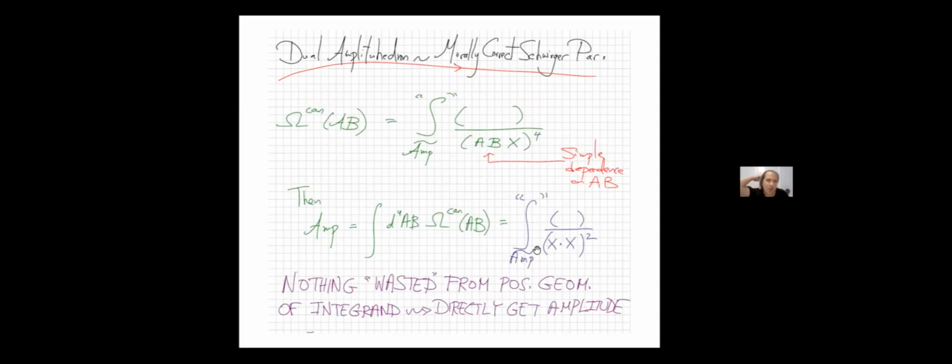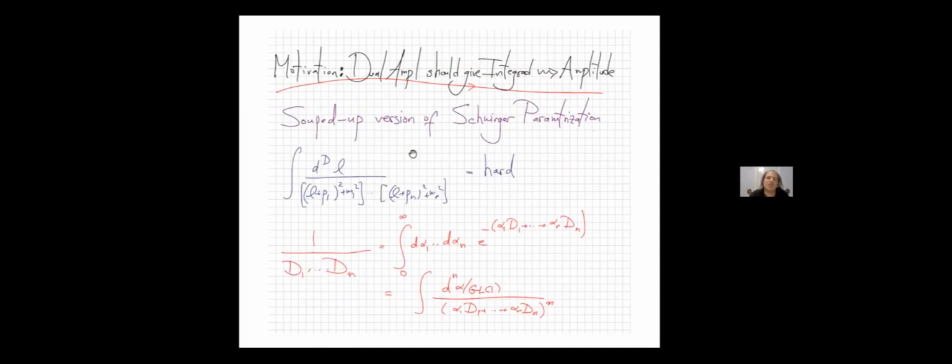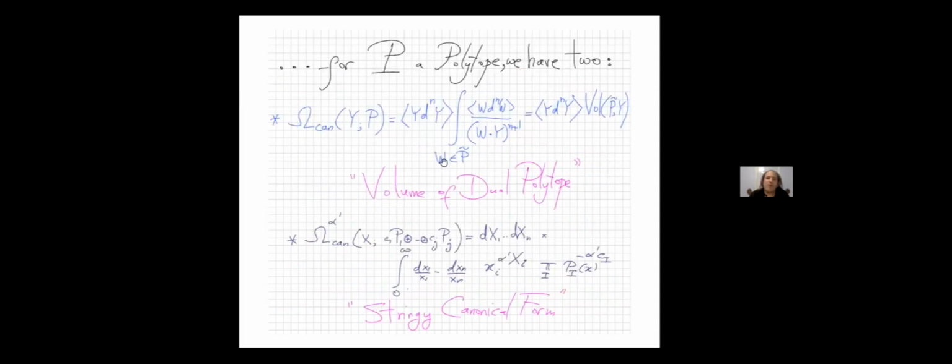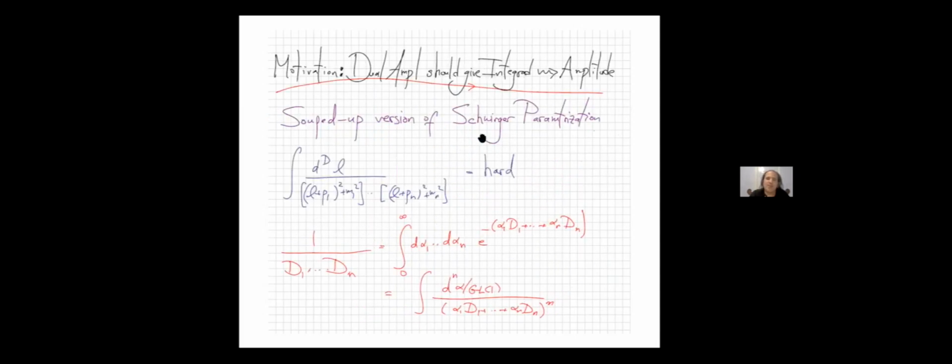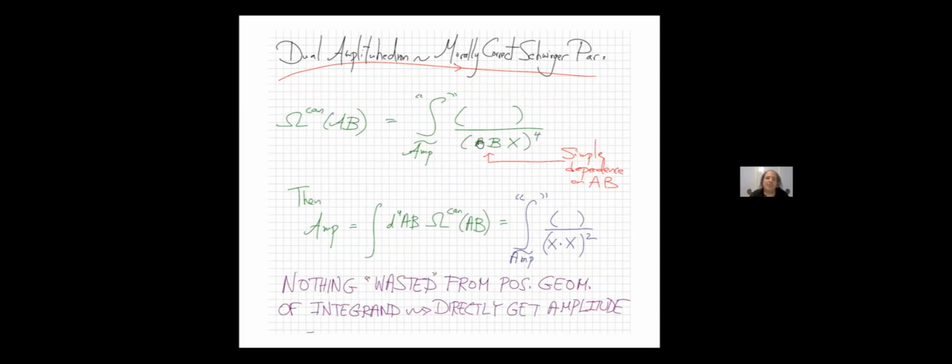And so again, the hope was that there's something like this happening in n equals 4 super Yang-Mills. For example, you might hope even at one loop that when we talk about the canonical form for the loop amplituhedron, which is now a function of lines AB in momentum twistor space, that there's some kind of representation for it, just like there's a representation for the form of a polytope, where we integrate over some space, but where the dependence on Y is really simple, just as W dot Y to the n plus 1, that we'd have something like that for the amplituhedron, where the dependence on AB would be really simple.